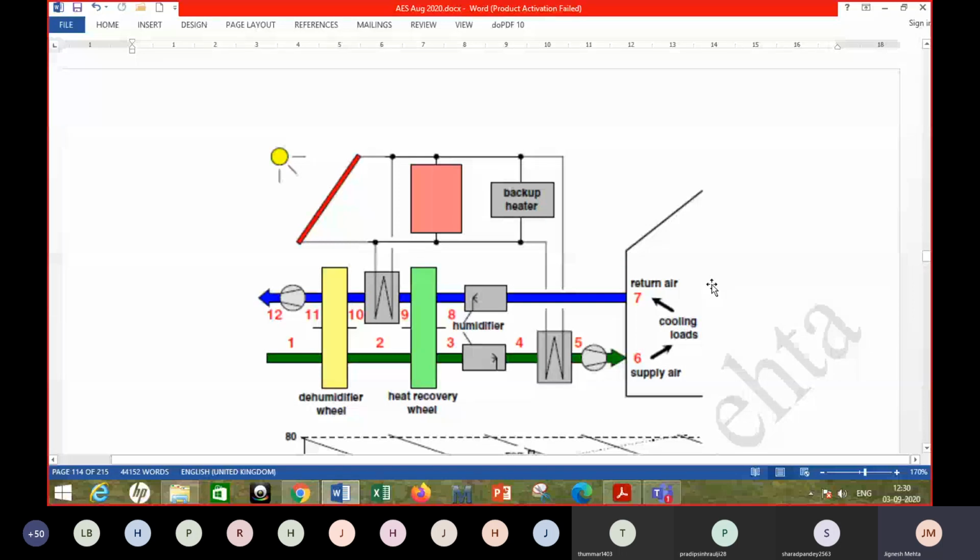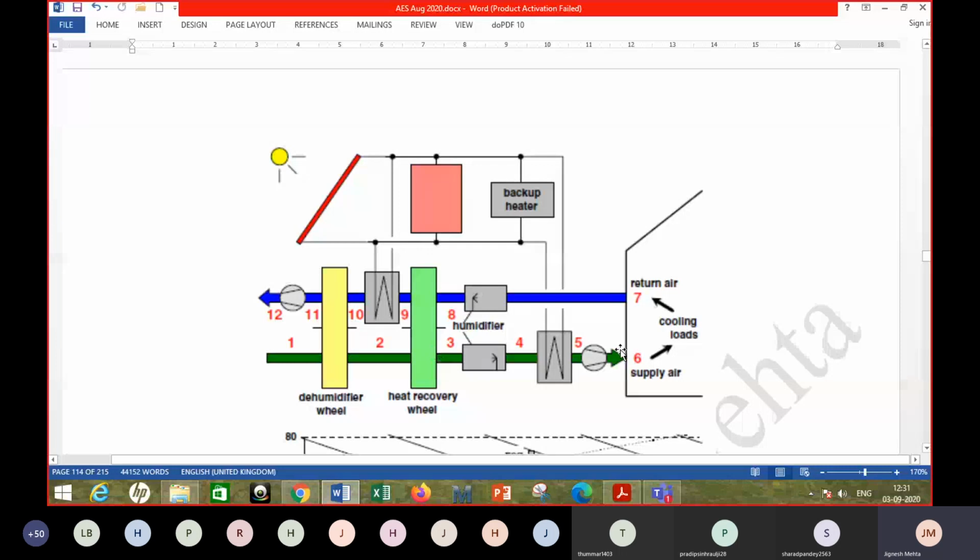If you just go on recirculating the room air, there are pollution sources in the room. The human being himself is also a source of pollution, right? When we exhale, we give out carbon dioxide as well as other pollutants. So to dilute those pollutants and to maintain a low level of carbon dioxide and the required level of oxygen, you need to take air from outside.